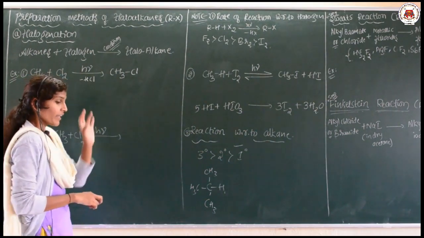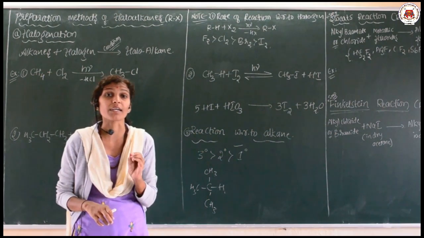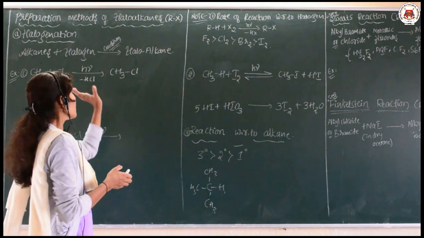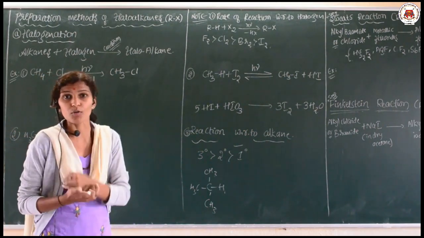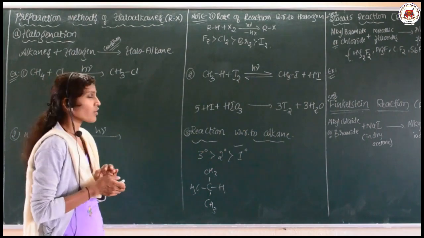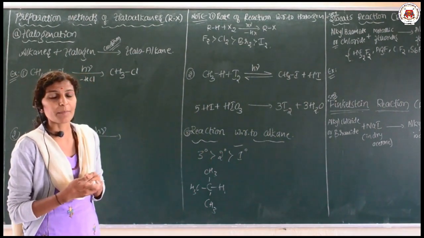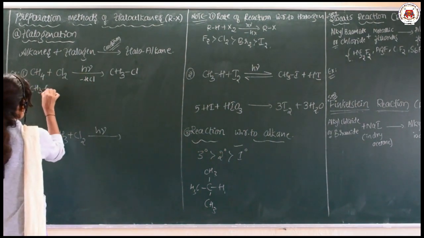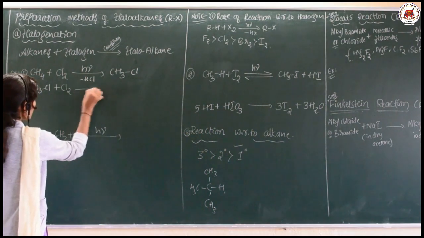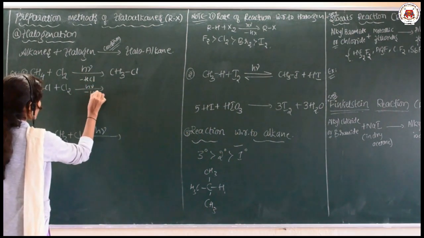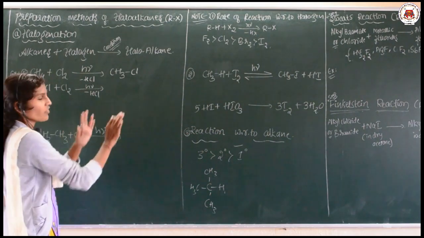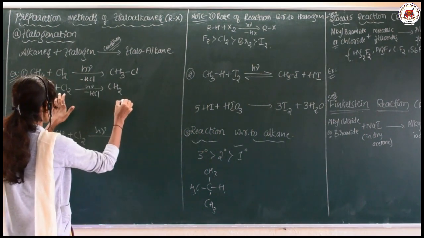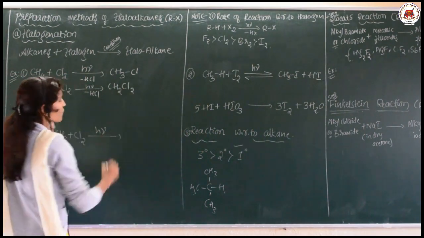But this reaction follows the free radical mechanism, so this reaction is not going to stop here. It will continue until all the hydrogens of the methyl group are replaced by chlorine. So how does it take place? Let me write. CH3Cl plus again chlorine in presence of h nu, again minus HCl, in the sense that it is removed. So one of the hydrogens is replaced by Cl, giving CH2Cl2.